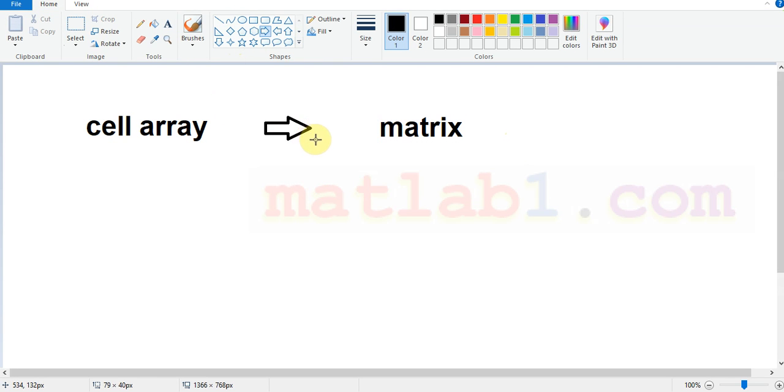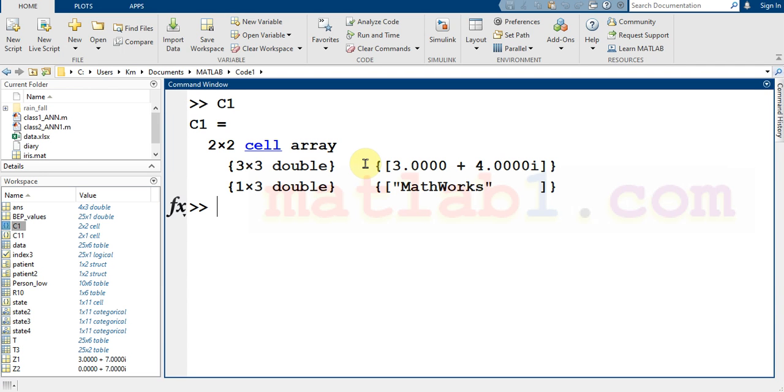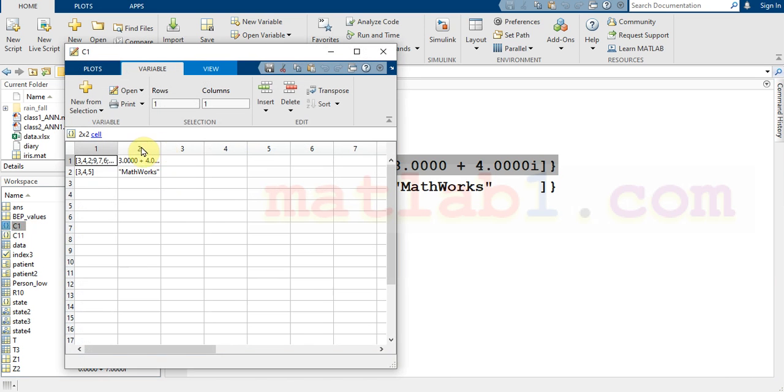You can convert the cell array to a matrix and use the features of MATLAB for matrices. How can I use this feature? Suppose that this is my cell array. If I want to convert it to a matrix, I cannot use a string in the matrix, so I cannot use these columns. But in C1, if you take a look at C1